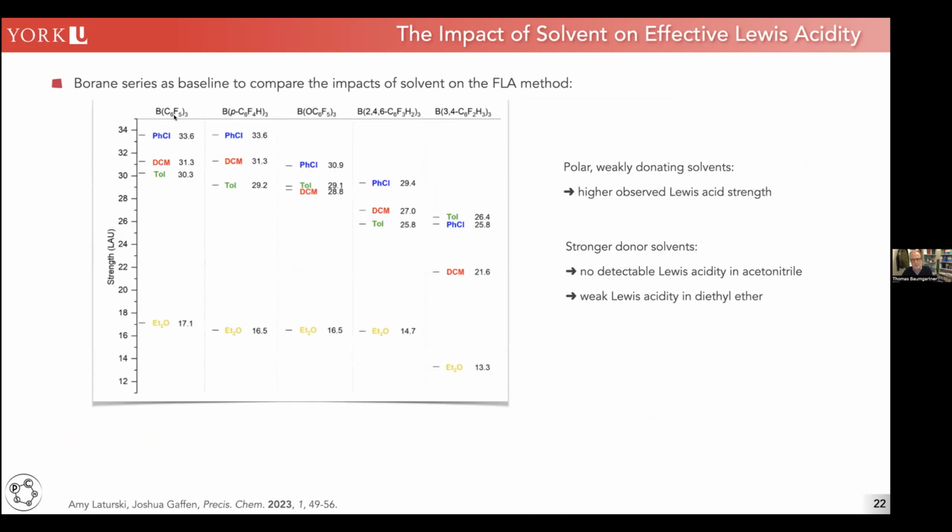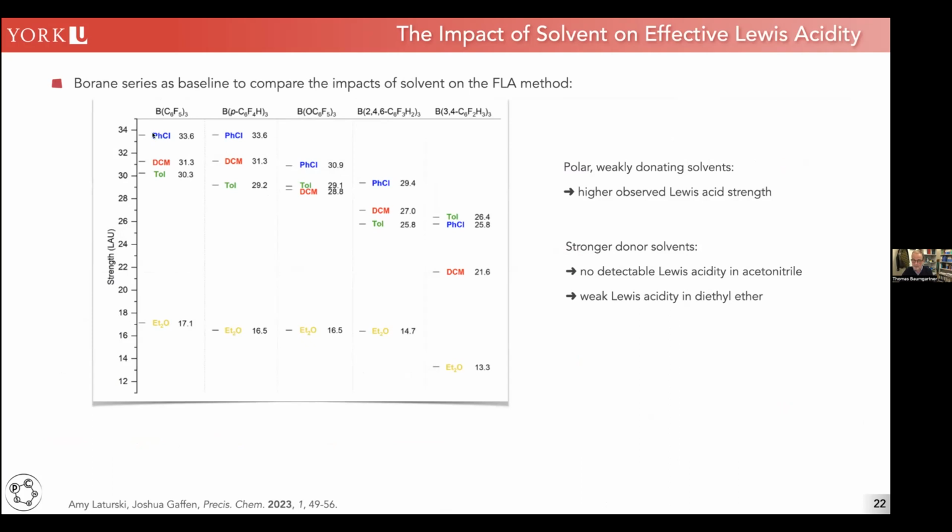Again, our favorite BCF. And then the parahydro here, we basically have an oxygen between the boron and the carbon substituent. This is a weaker Lewis acid, with a different degree of fluorination. And you can see that within different solvents, let's take BCF as an example, ethanol significantly reduces the Lewis acidity of it, whereas the others are not so much.